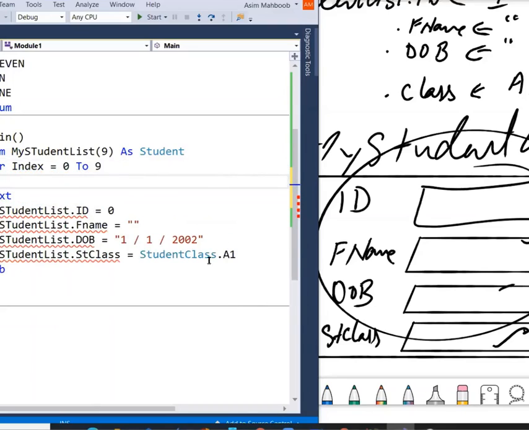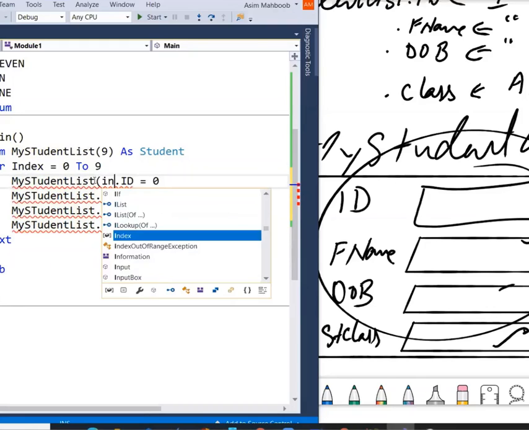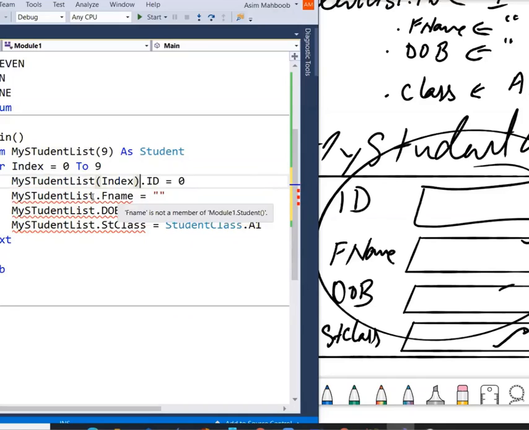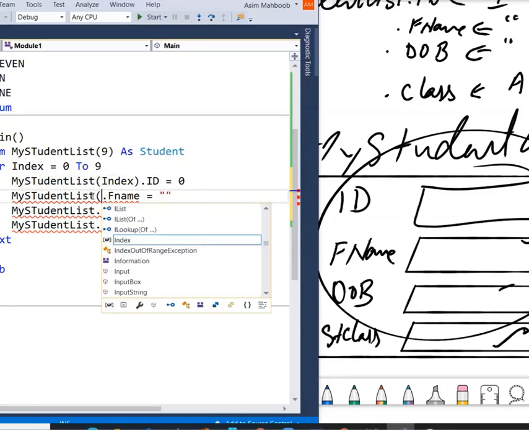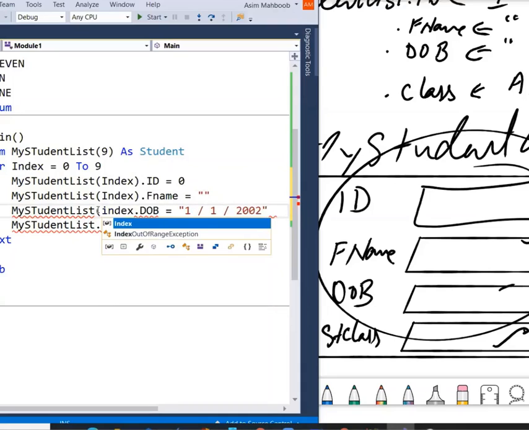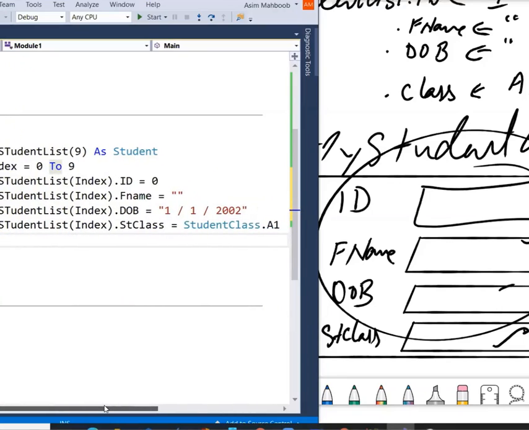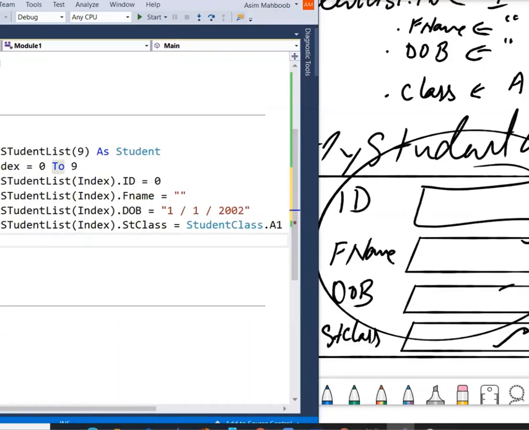I'll put this over here and I'll put index inside this. So now I'm creating an array of my whole class. Earlier I had created a variable for only one student, and now I'm creating variables for 10 students. This technique is known as creating a structure. If I put a breakpoint over here and run this code,